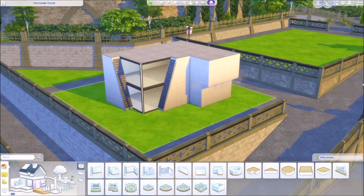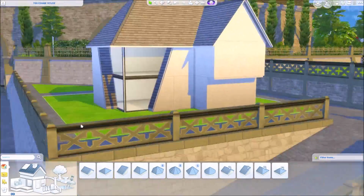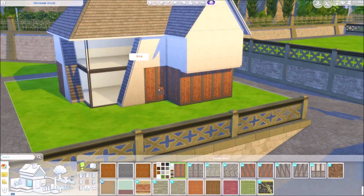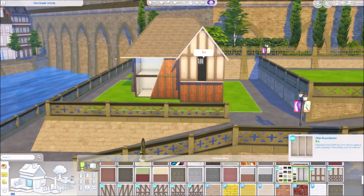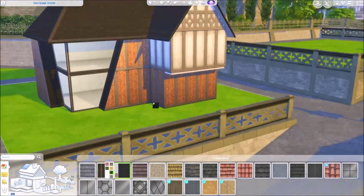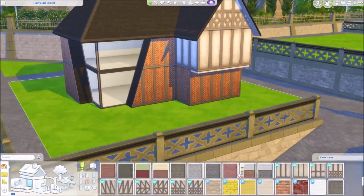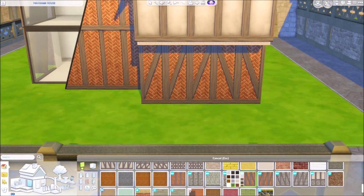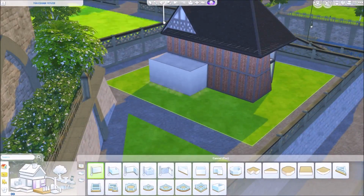But this house is actually really fun because I found this thing on Pinterest where they did something really interesting. It looked like an old stone house, it wasn't brick, it was stone. Go check out my Pinterest. But basically it was this stone cottage. It was two-story. It wasn't like a small cottage. It was a pretty big house, but there was a section of this house where there was like a corner